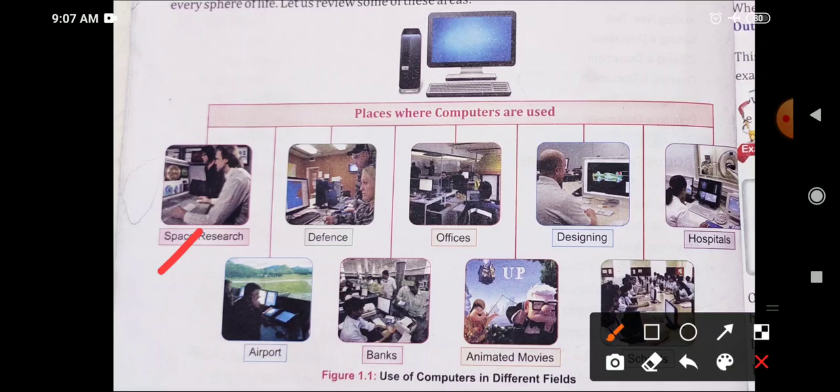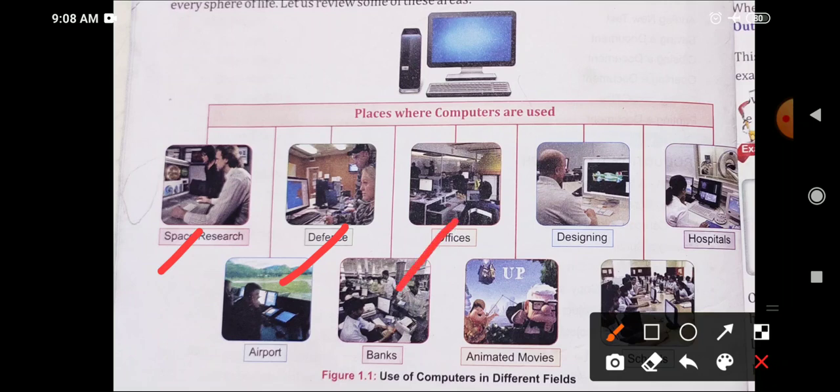Next one is defense. How is computer used in defense, in the army, right? Computers perform a very important role in defense. Computers are used to track incoming missiles and target them to destroy them. Computers are used in tanks, planes, and ships to target enemy forces, and also help diagnose any problem with the platform. So in armies also, for the security of the country, computers are used.